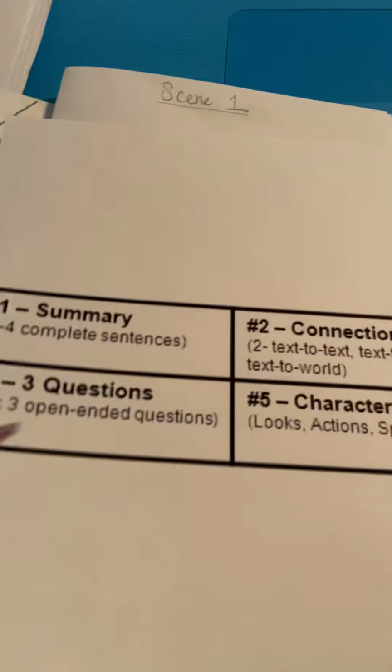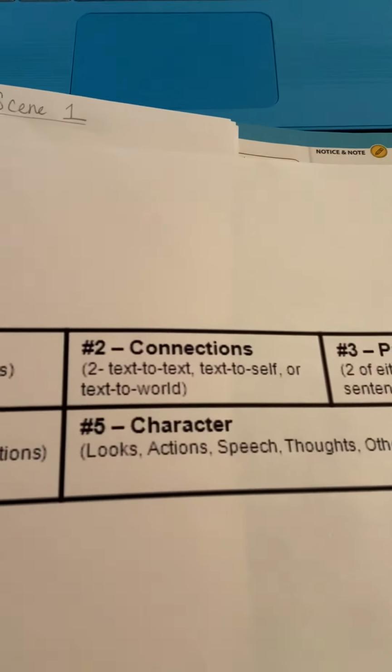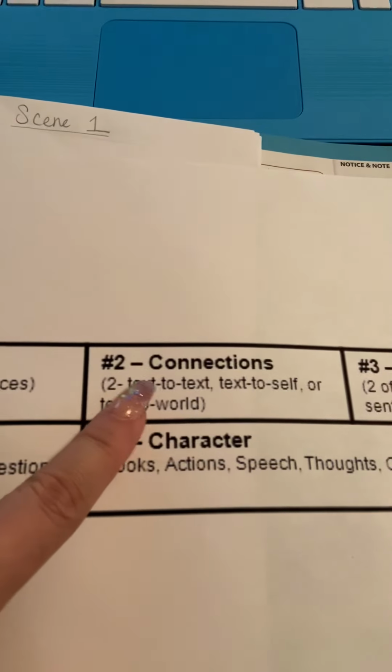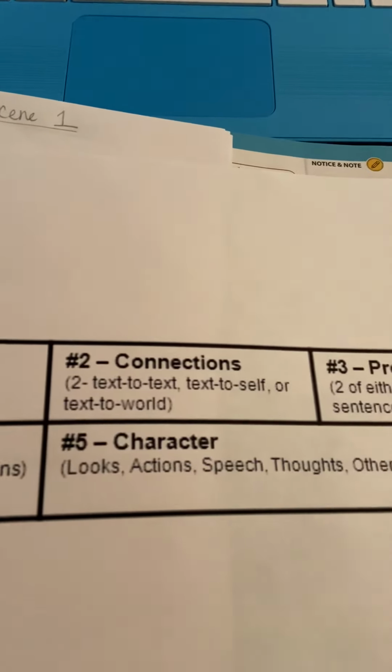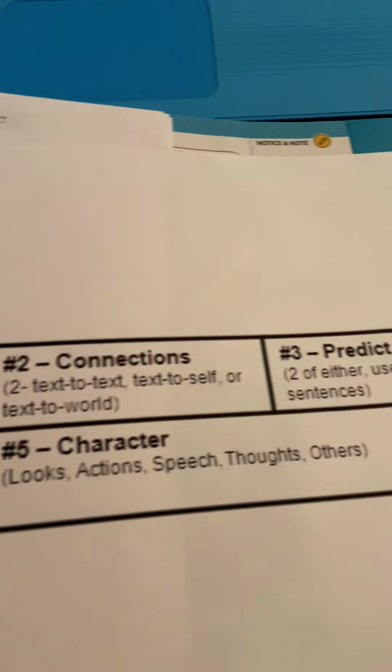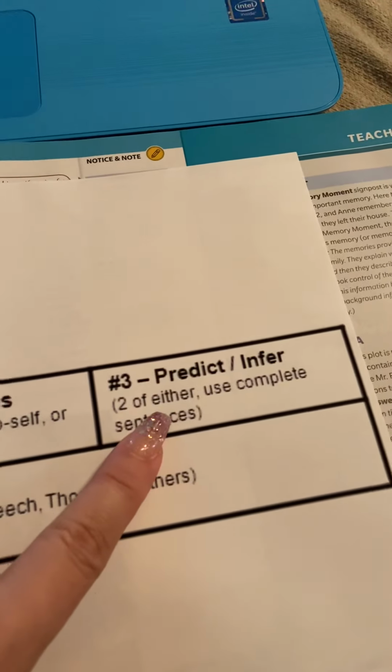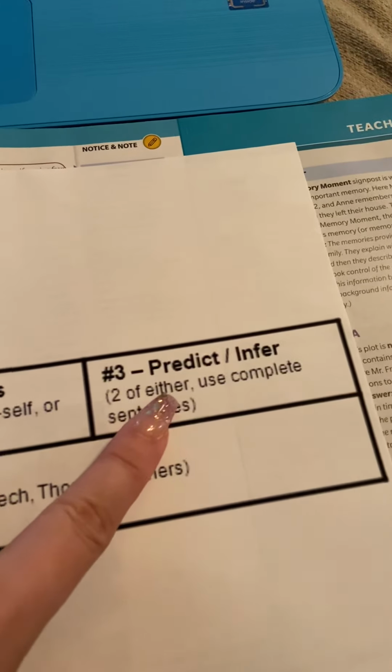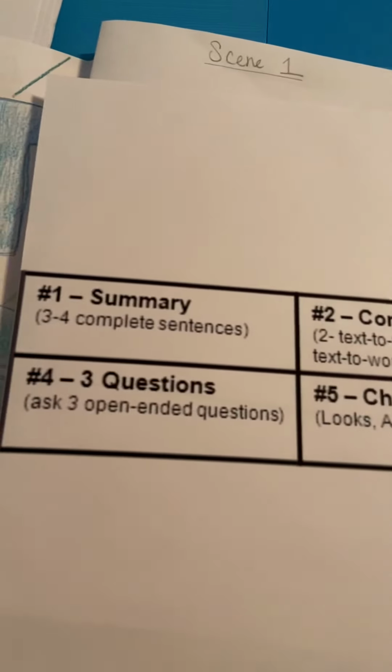Now, where do you get your questions? You're gonna choose 1 through 5. So let's say after you read scene 1, you wanna make a connection. You would do number 2 and make a connection and just explain there. Or if you wanna predict, you're wondering what's gonna happen next, then you would do number 3 and predict. So you choose any of the 5, whichever you want, or you could do a summary, whichever one you want. And that goes here on the bottom part for each one. You will do that for each scene